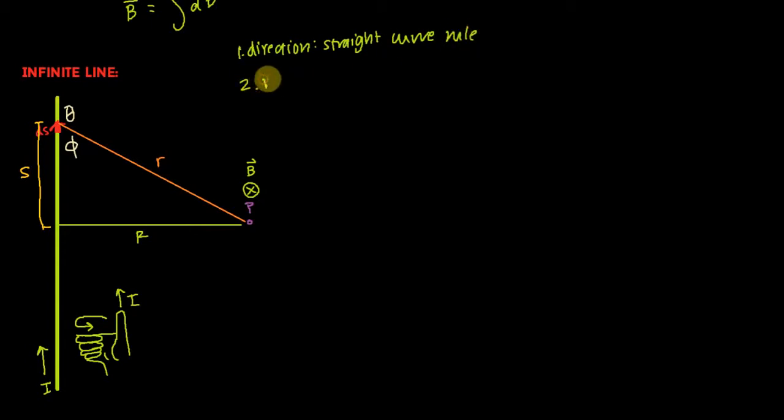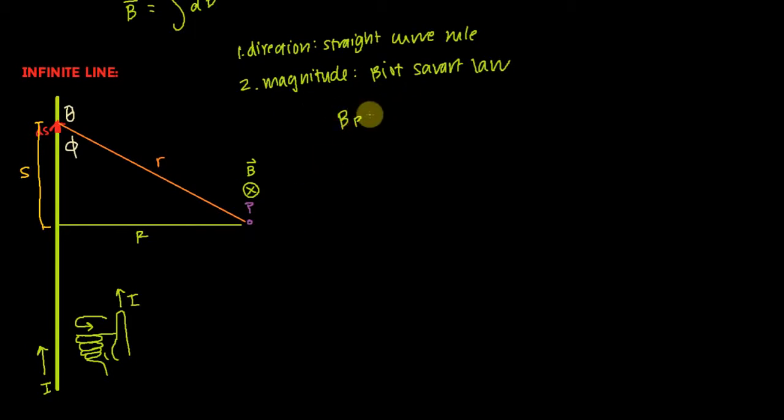And then two, we're going to find the magnitude. We're going to use the Biot-Savart law. And the end game is just going to be an equation that you can use in any case of the infinite line. But what I'm going to do is give you a preview of what the end game is, and the magnetic